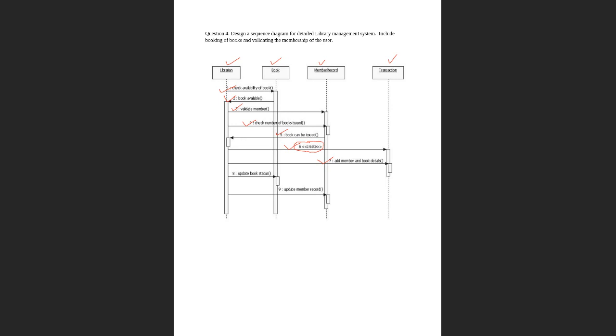After these details are added, in step 8, it is mentioned that yes, this book is given to that student. Update the book status. After updating the book status, you will update the member record. You will give the book to the student and you will update the student's record. So this is about the library management system.